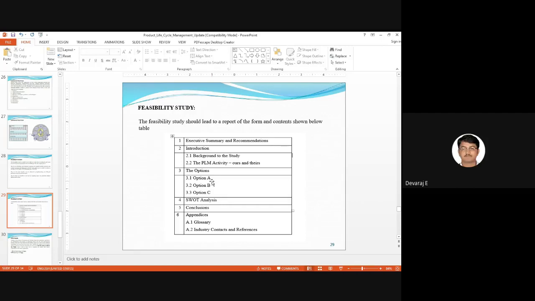So conclusion in the sense of the products. You are manufacturing the product and supplying it to the customers. And how many products are selling in the market? And whatever the customers are saying about your product. So everything will come under the conclusion. And what is the new technology you are updating in your product.